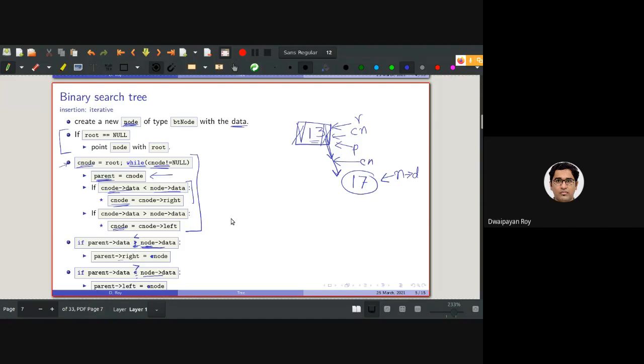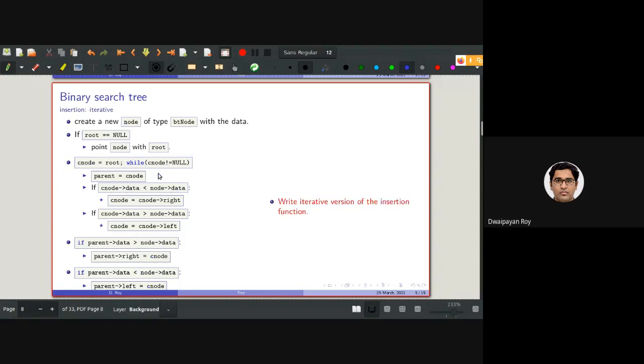But I want you to implement this algorithm in C. As you can see, I made some mistakes here. This should be node and this should be greater than, this should be less than, and this should be node, not C node. So if you follow this code, you will be able to implement this and it will be an iterative version.